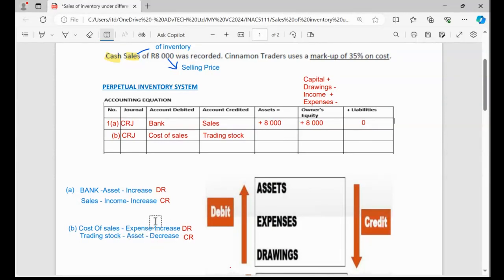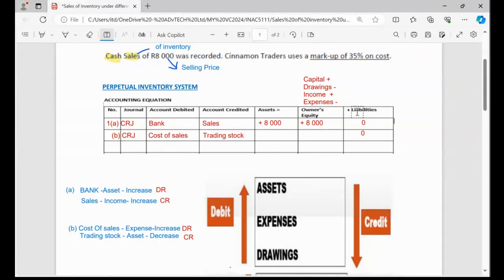I will go to the assets, and this one is an expense. So expense will affect which column? As you can see here, expense is one of these accounts here. So expense will also affect what? Owner's equity. It means I'm going to come to an asset here, and I'm going to come to the owner's equity because of expense. So I'm just going to put 0 again to be safe, so that I cannot make a mistake. Can you see now? I'm going to put 0 here, so I don't want to make a mistake of coming here. I know that I must not,